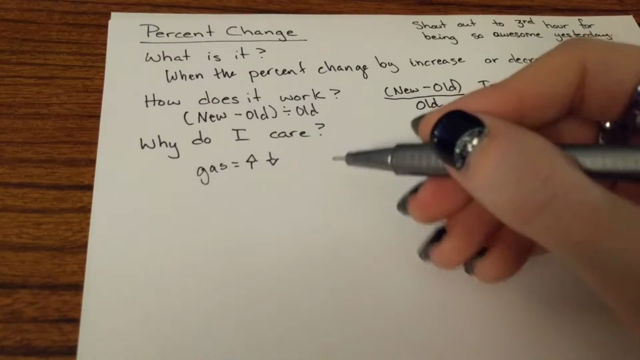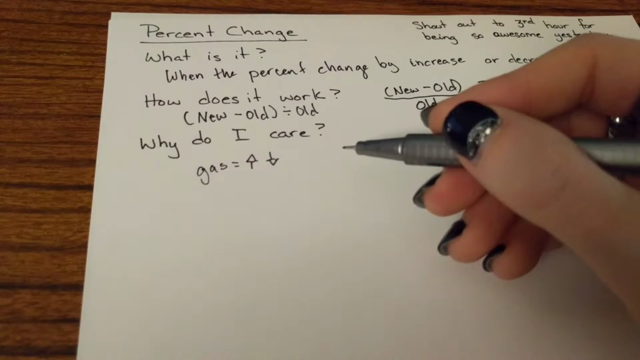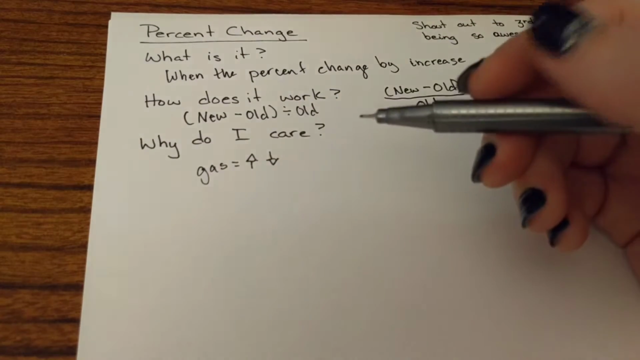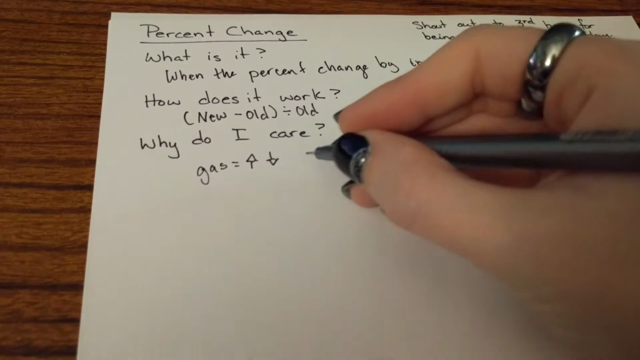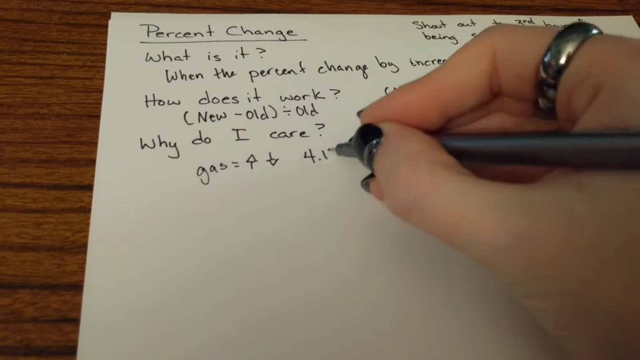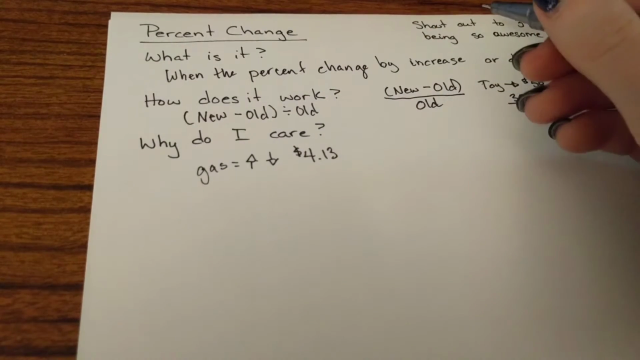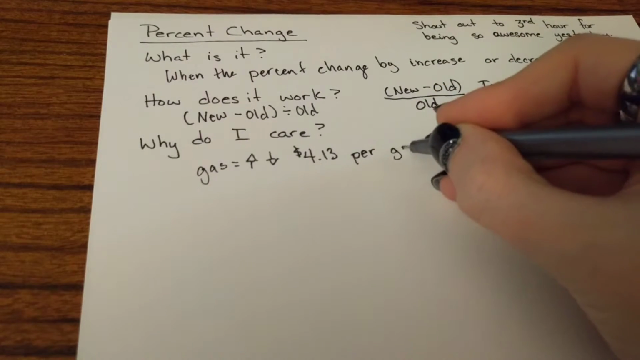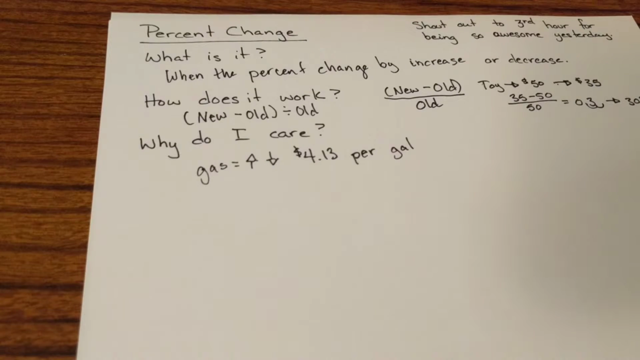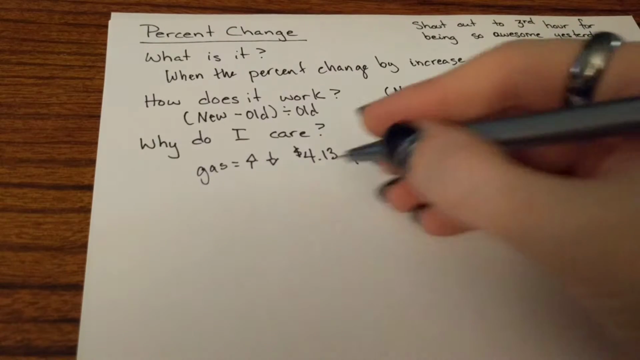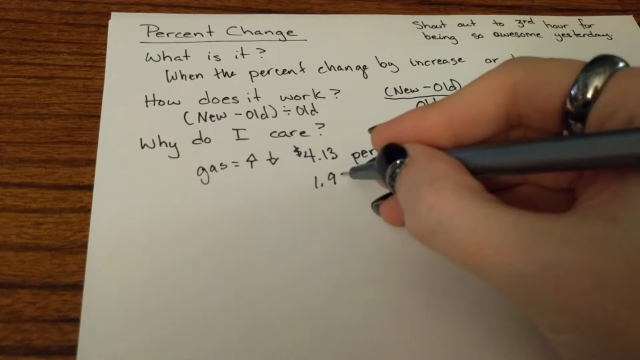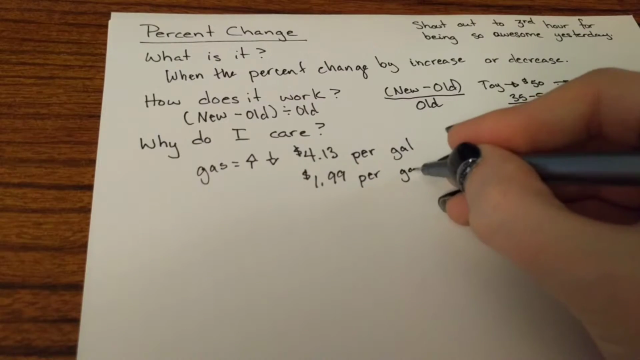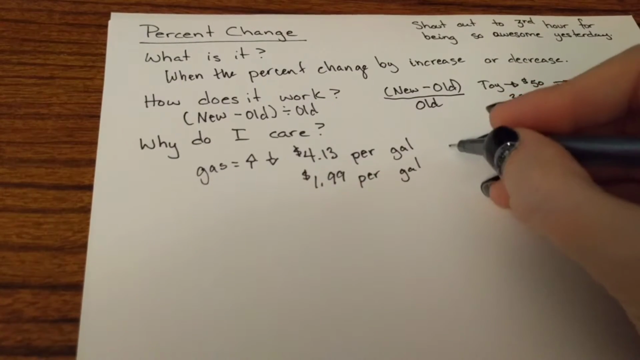So back in, I think it was 2008, when we were in the middle of the recession, in order for me to fill up my tank, it cost me $4.13 per gallon. I will never forget that day. Now when I go and fill up my car, it's $1.99 per gallon, I think, this morning when I did that. So obviously that's a huge decrease. So just an example,